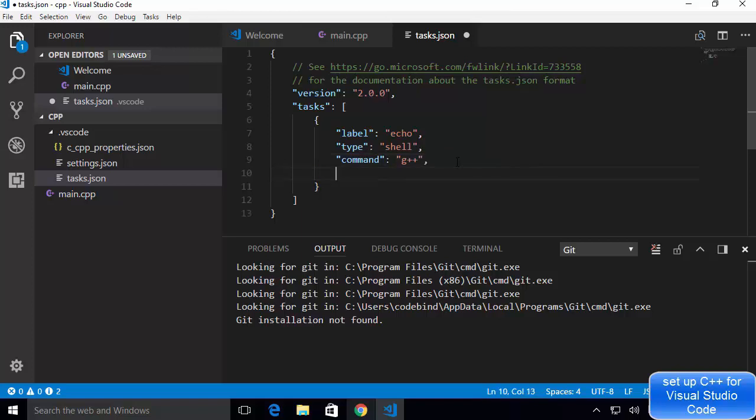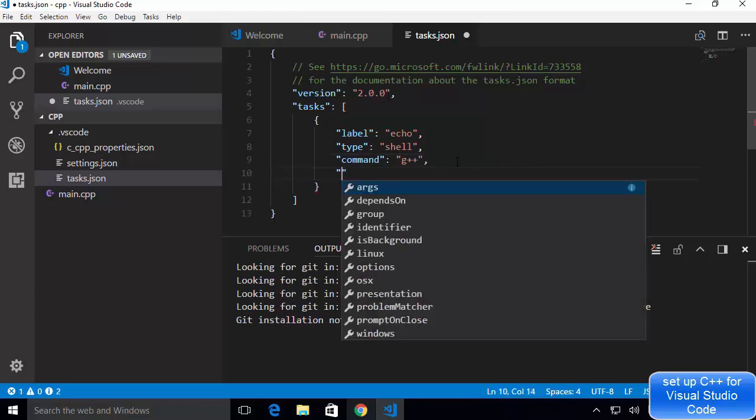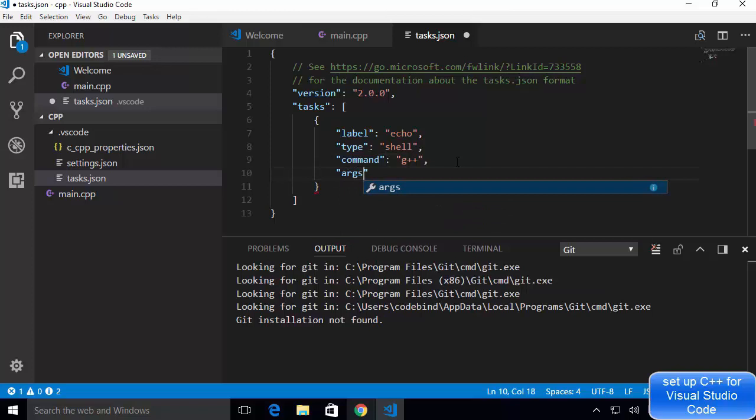So you just need to give double quotes here and just write args, and then inside this square bracket you can add your options. So for example, first option is -g for the debugging option, and second is the file name, so main.cpp, right?